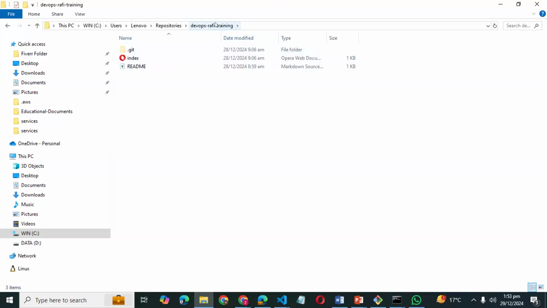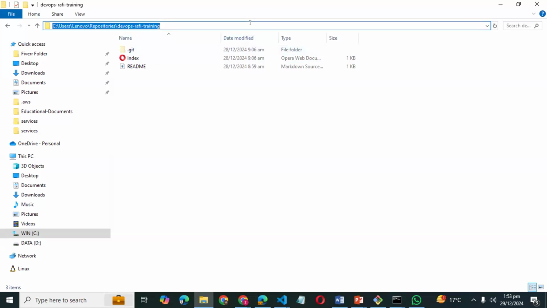Let's suppose I want to make some changes in that repository, right? I want to add some file, or maybe I want to update some files, right? So we need to open this particular GitHub repository in some editor, right? And if you remember, on the previous day we used the Visual Studio Code editor, right? So how can we open that particular repository in Visual Studio Code?